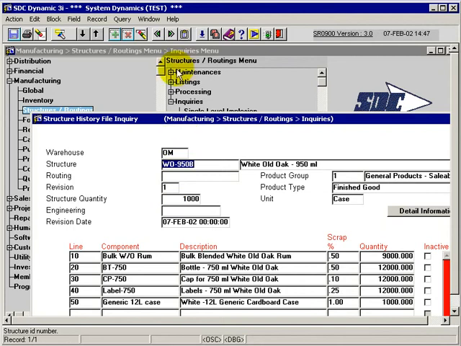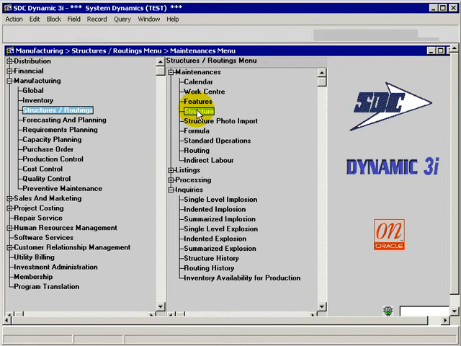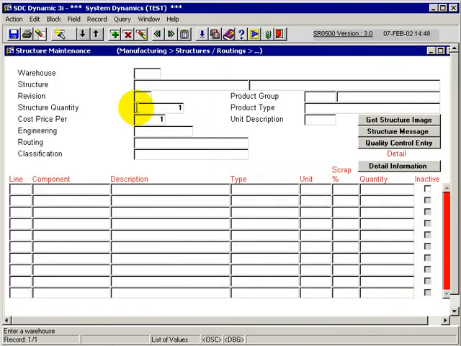And what happens there is within the structure maintenance, when I actually call up a particular structure and change the bill of materials, that's when the original, what I'm viewing, is actually transferred to history, and then the changes that I put into play are taken. So if I actually call up that particular one aspect,